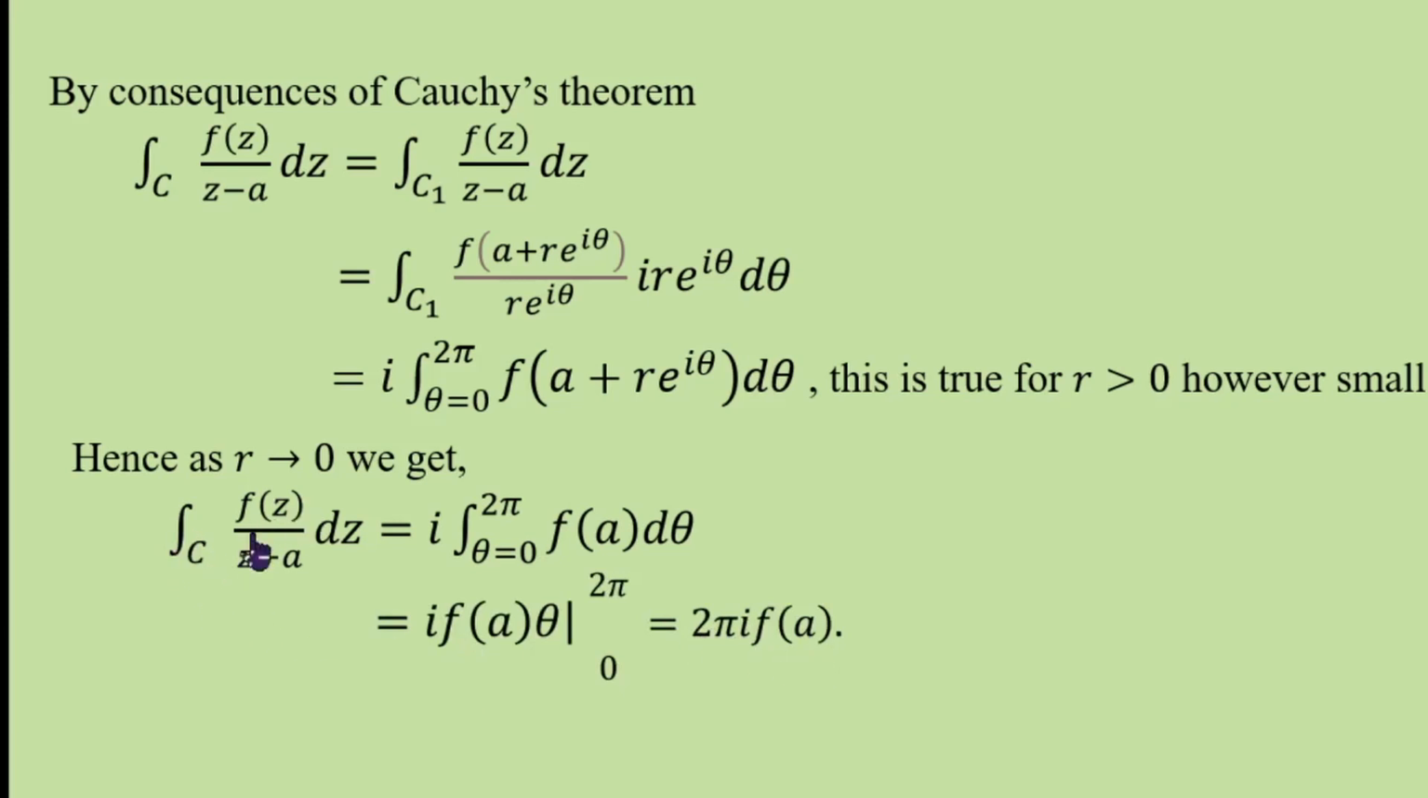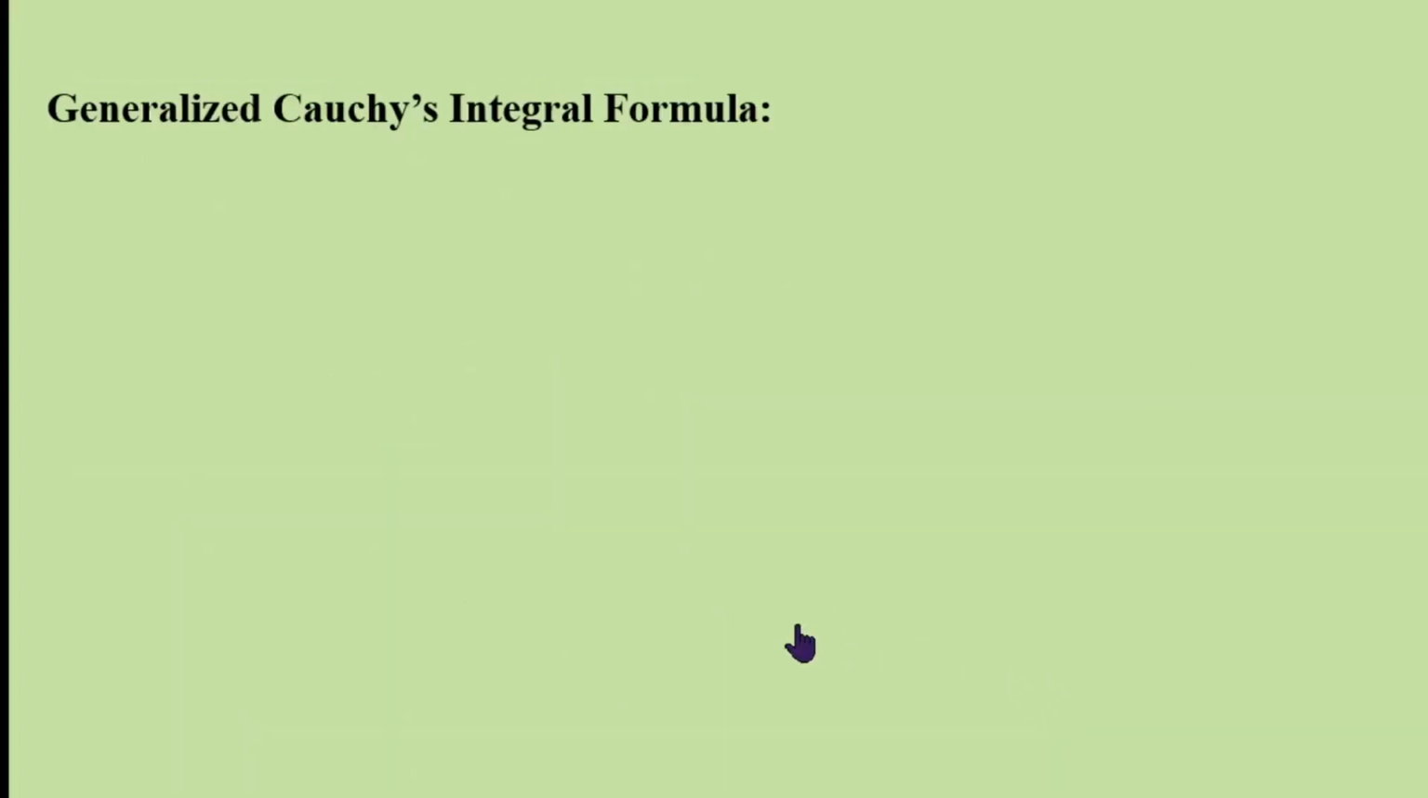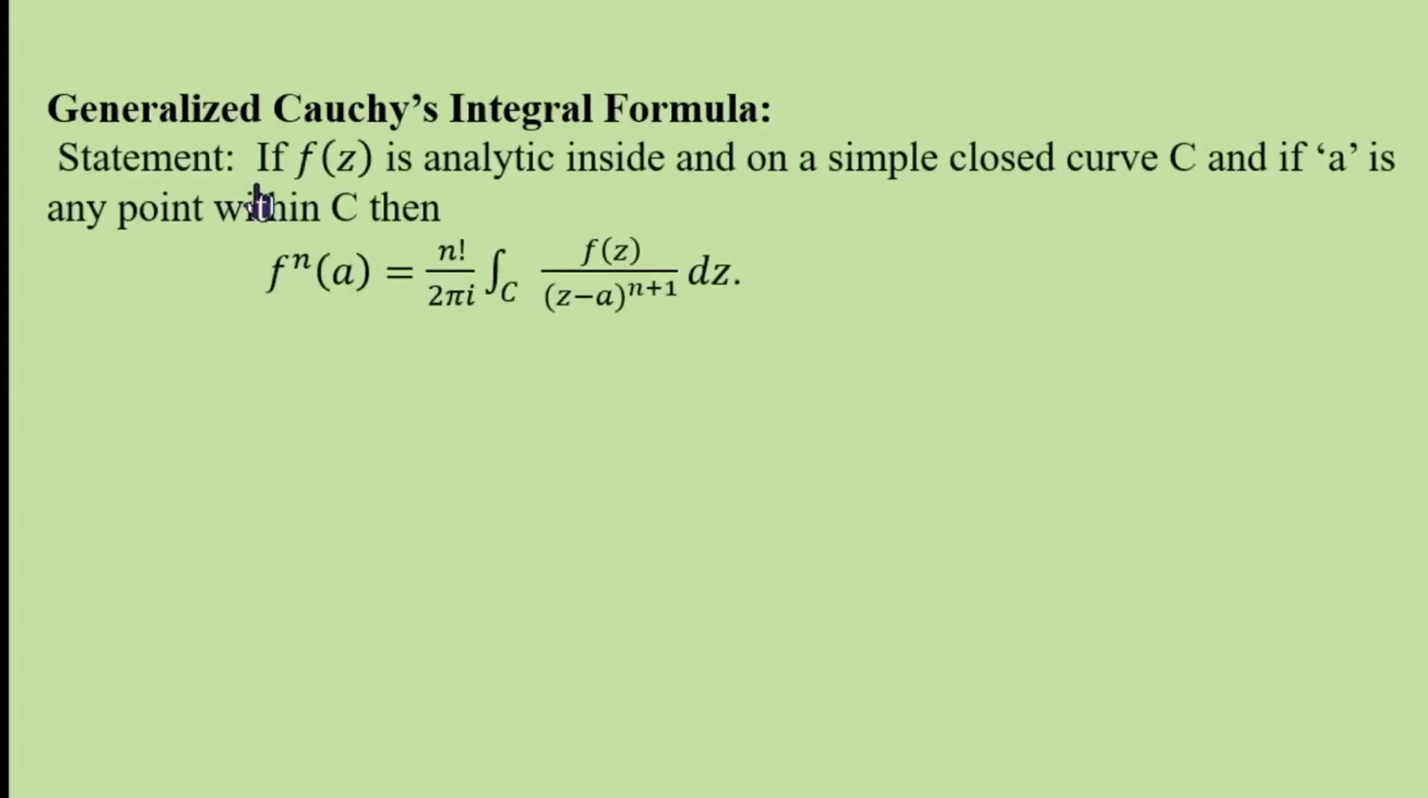So the integral over C of f of z by z minus a dz is 2 pi i f of a, and hence f of a is 1 by 2 pi i into the integral over C of f of z by z minus a dz. That is the required result. Now we can generalize this theorem. If f of z is analytic inside and on a simple closed curve C, and if a is any point within C, then